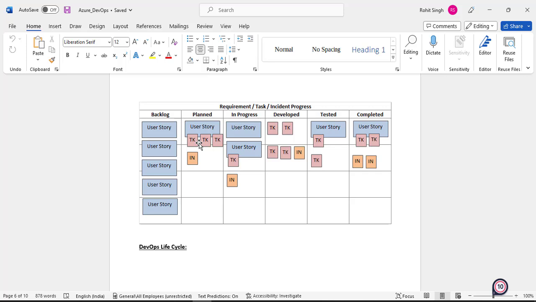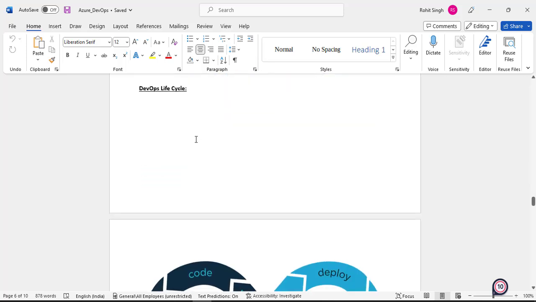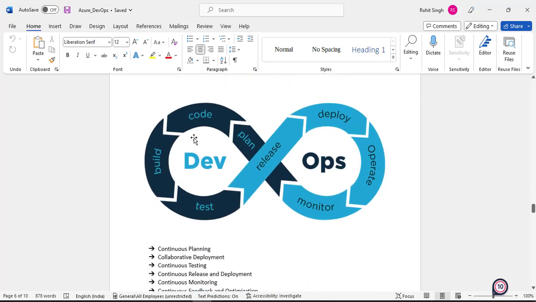So by just seeing the board, you'll come to know how many backlogs, how many user stories are there in the backlog, how many user stories got completed. By seeing the board, anyone can tell. Because this makes things very easy, it's still there as a part of software development nowadays. Okay, so yeah, this is the kanban board for you guys. Now the actual DevOps loop comes in.